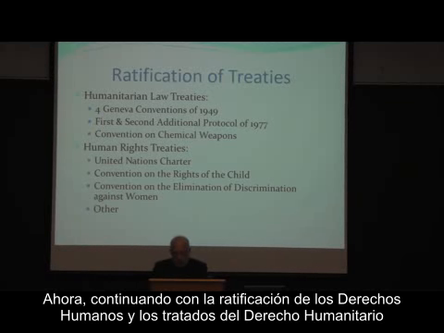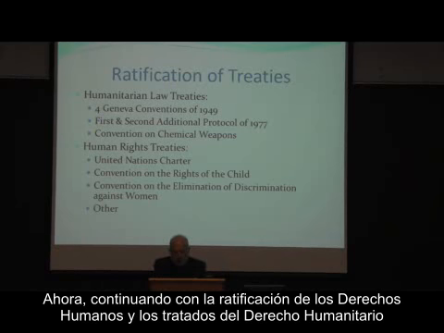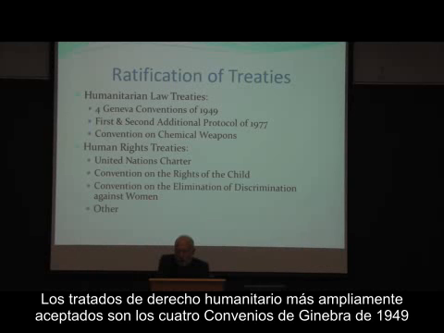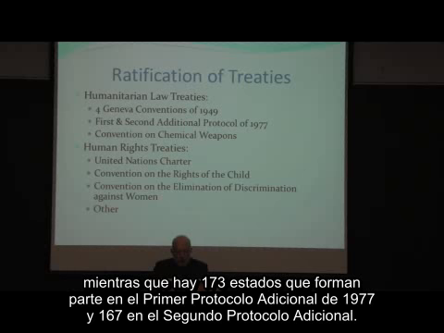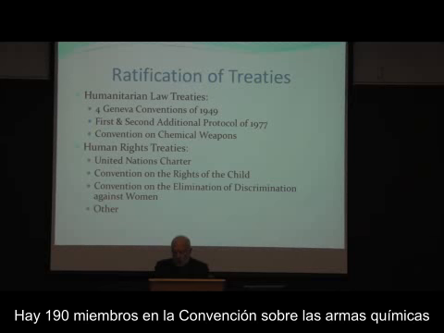Now, turning to the ratification of human rights and humanitarian law treaties. The most broadly accepted humanitarian law treaties are the four Geneva Conventions of 1949, as Eric mentioned yesterday, which have been ratified by 195 nations, while there are 173 states parties to the first additional protocol of 1977 and 167 states parties to the second additional protocol. There are 100